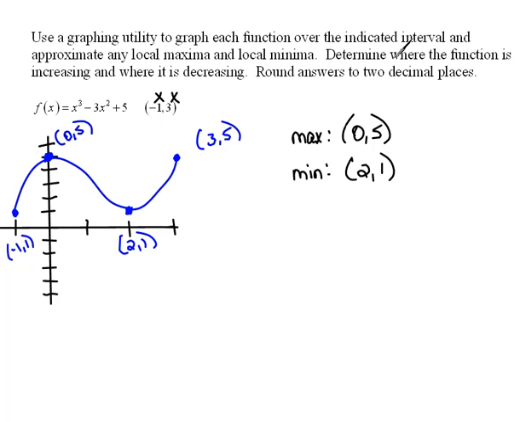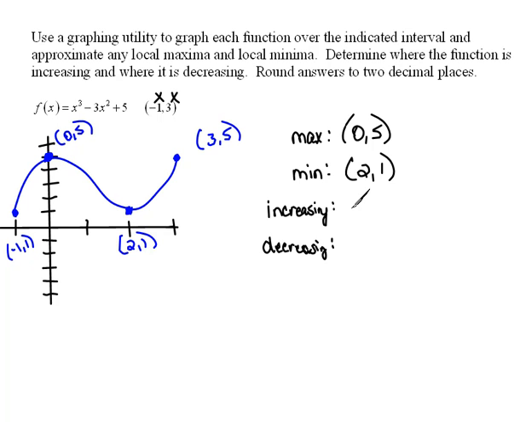Now it says determine where the function is increasing and where it is decreasing. Round your answers to 2 decimal places. Okay, so we have some area of increasing and an area of decreasing. So let's see where that is. Okay, let's start reading always left to right. So starting at the left, starting with an x value of -1, this graph is going up or increasing until